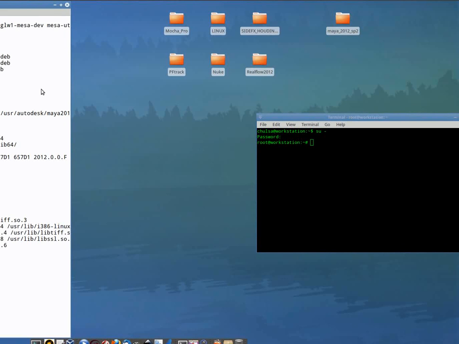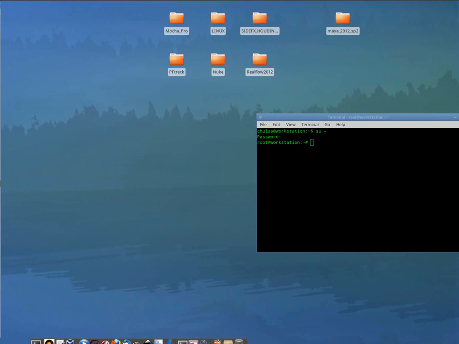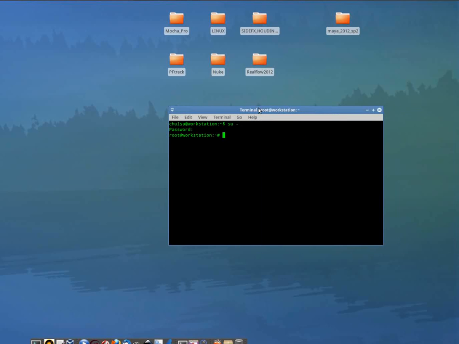Today I'm going to show you how to install Maya 2012 on Ubuntu Linux 12.04. I have seen a lot of discussion and a lot of problem solving online, and I have also been searching, recording and noting, and I jotted down all the problems that people trying to install Maya face into one complete guide. I'm pretty sure if you follow all this demonstration, you will be able to install Maya perfectly